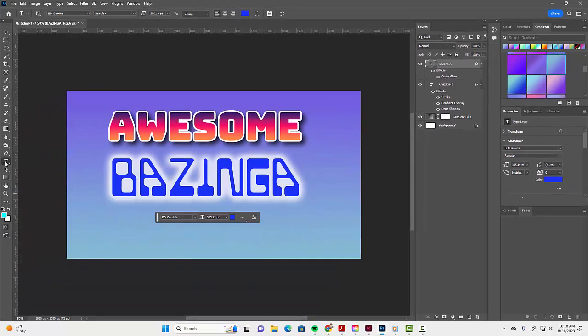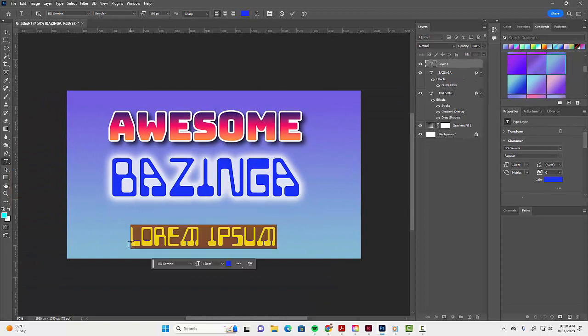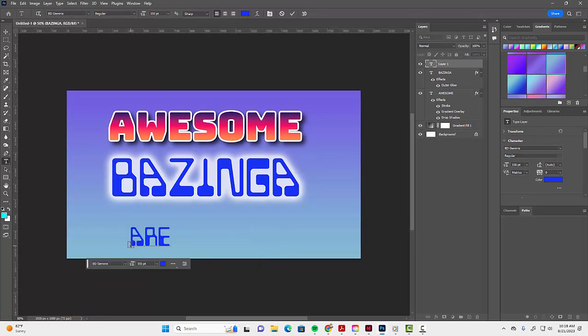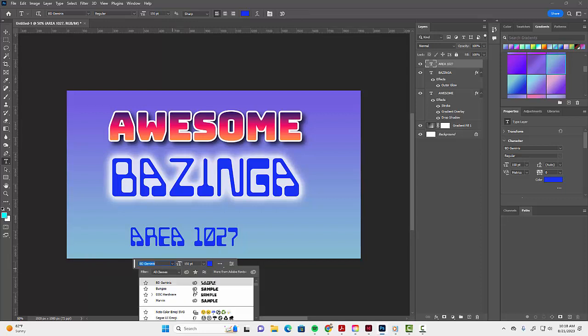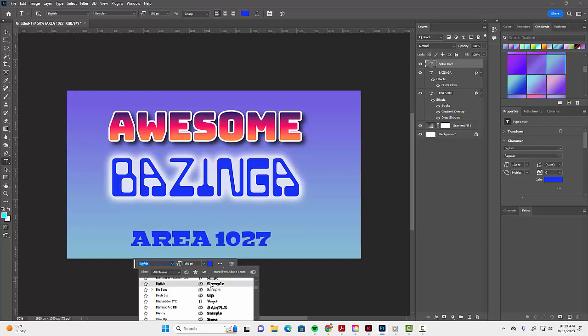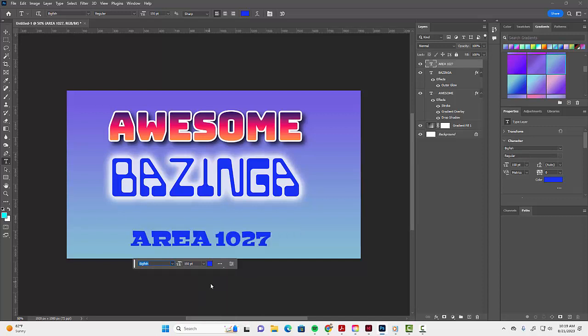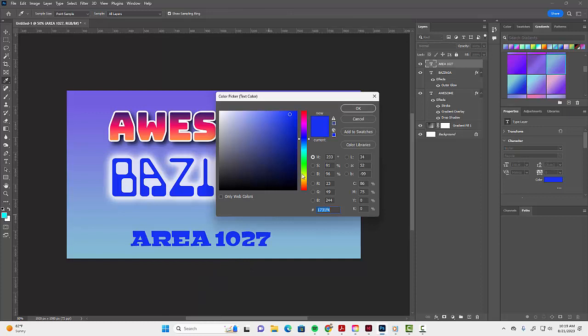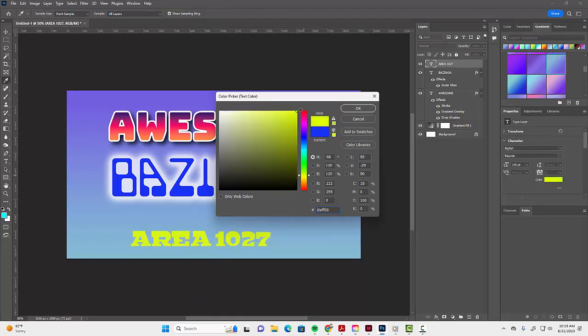All right, so I'm going to take the type tool and click in a new spot, and this one is going to say area 1027, which is my classroom. I'll come up here and hit the check mark. Again, I'm just going to use this little panel under here, and I am going to go scrolling along. I'm going to use this Big Fish font. Boom. I think I'll make it a yellowish color. You know what? More orange. I'm going to go orange